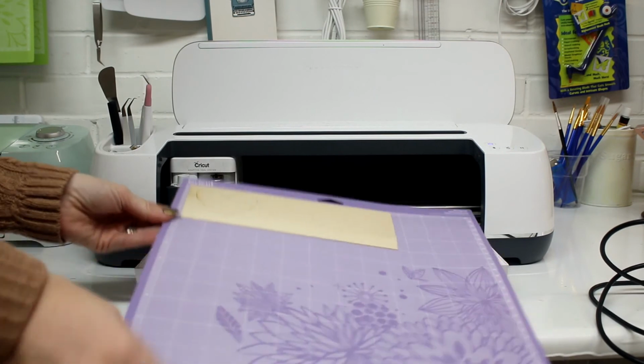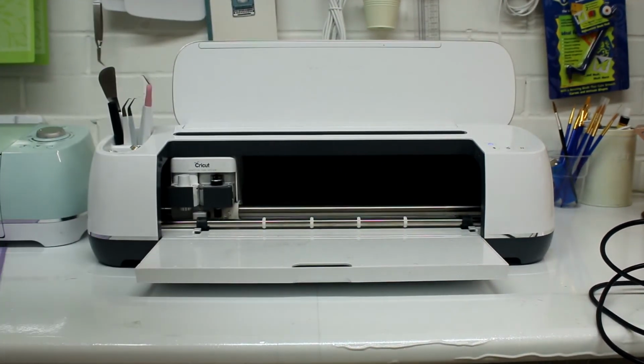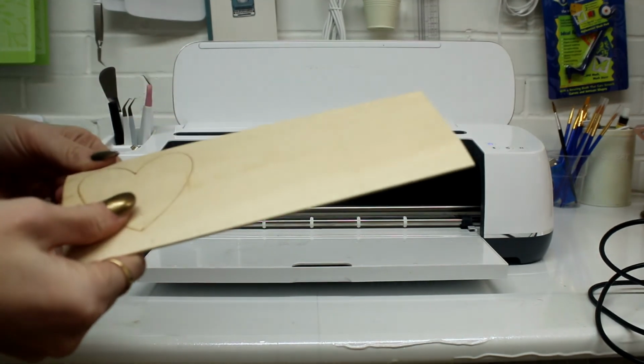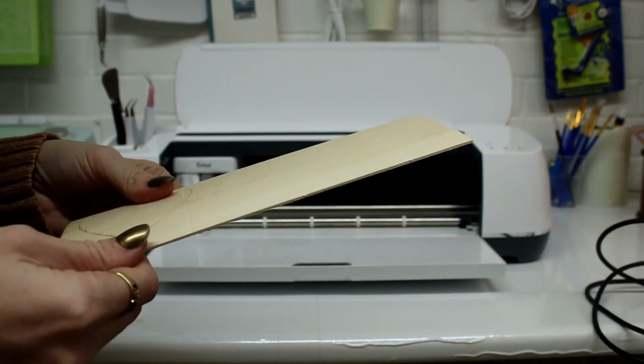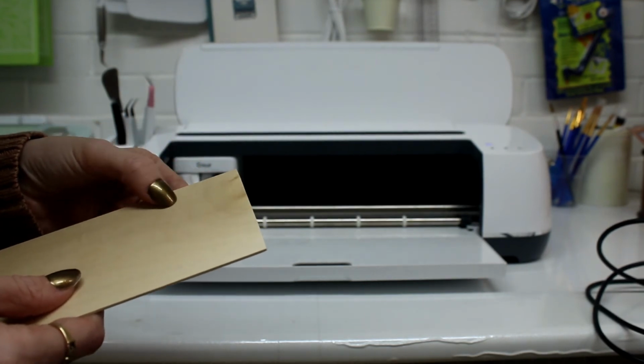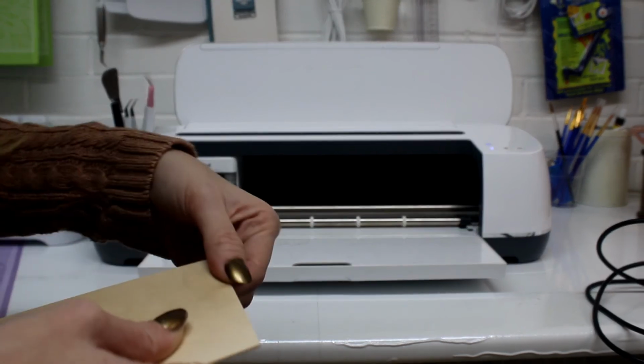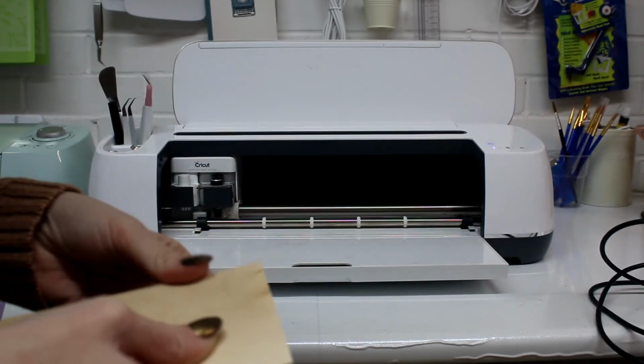I don't know why I keep calling it balsa wood as well. It's not, it's basswood. Okay, so, and you can see it just peeking through. I mean, oh look, it is starting to,